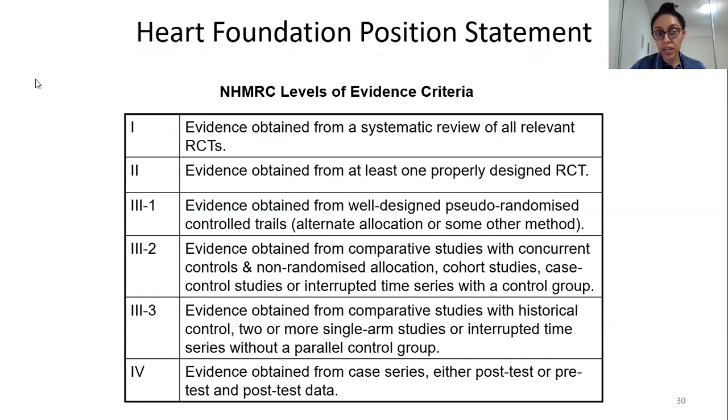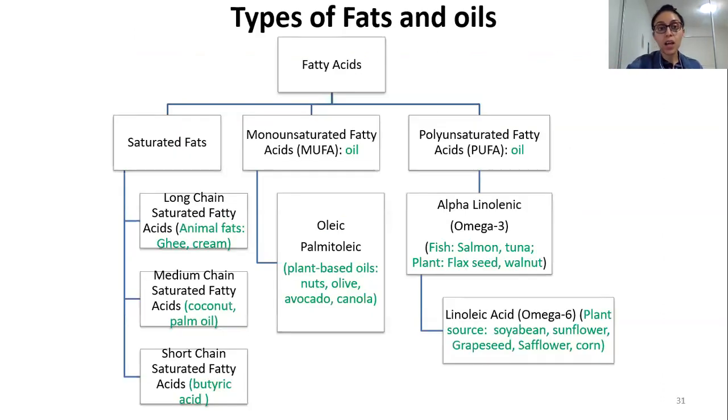This is just a rough idea to show you that wherever you have number 1 written, that's the topmost, very, very strong evidence. Then gradually it becomes weaker. This is not an epidemiology unit, so I won't go into details, but number 1 evidence is very strong evidence around the recommendation.